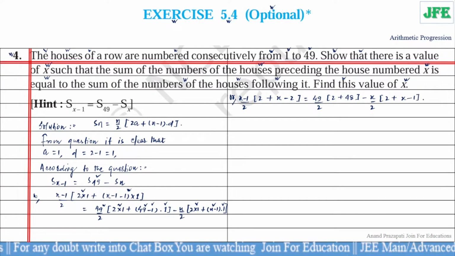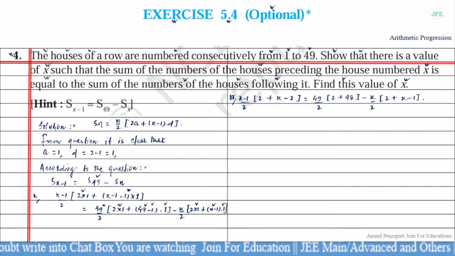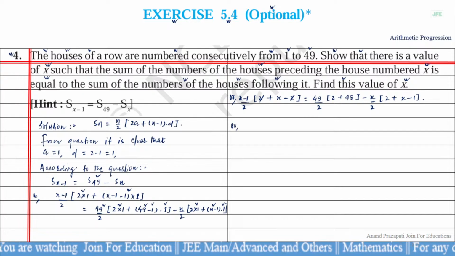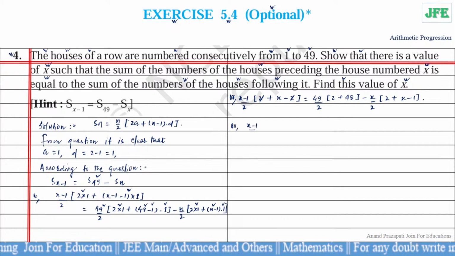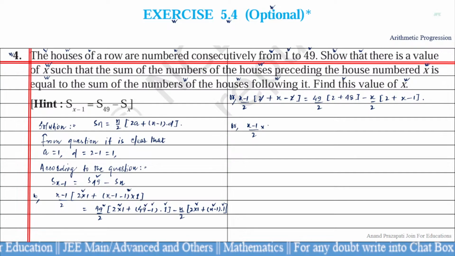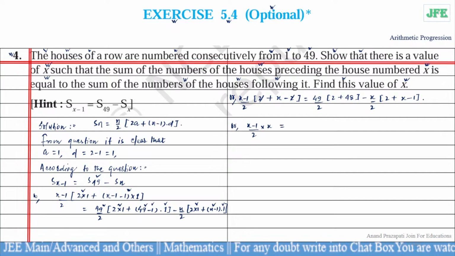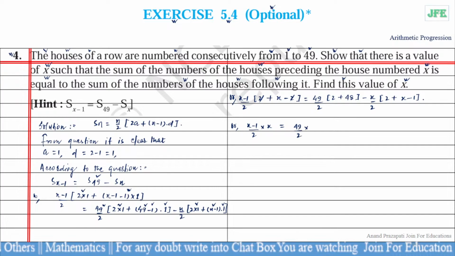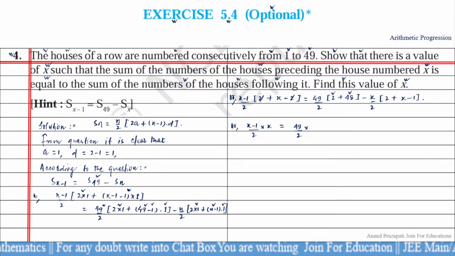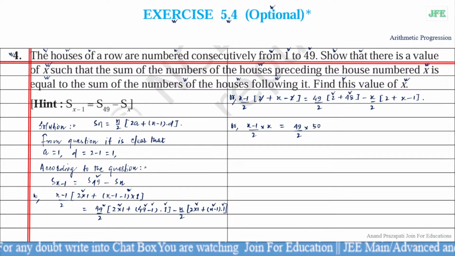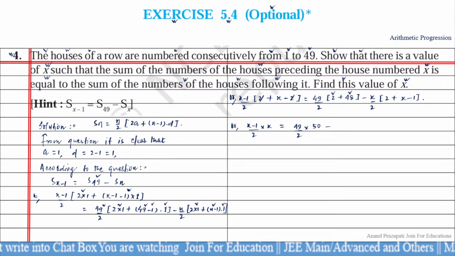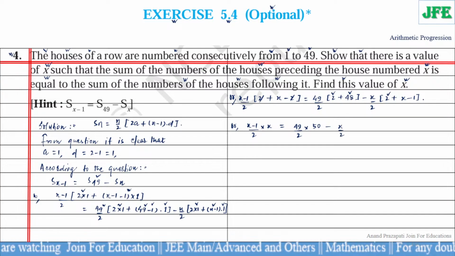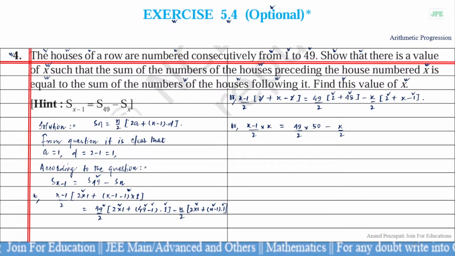So here we cancelled out plus 2 minus 2, then we get (x minus 1) by 2 into x equal to 49 by 2 into 2 plus 48 equal to 50, and we write down here x by 2, and 2 minus 1 equal to 1, so we write down here